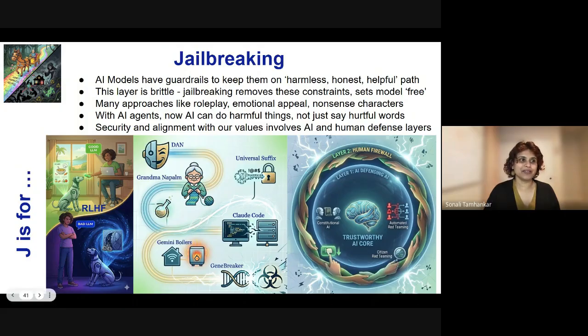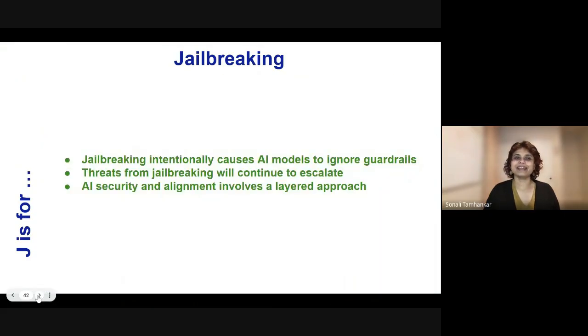So, our takeaways for today: jailbreaking is intentionally causing AI models to ignore guardrails. The threats from jailbreaking will continue to get more and more dire, and AI security and alignment is an active research area with layered approach.